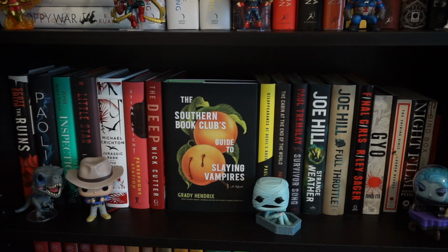We'll get to that shelf in a moment though, but this is just my shelf of horror that isn't, well, I mean, if I own a book, I do really like it, but like my best friend's Exorcism, Plain Bad Heroines, that's on a different shelf with some of my other all-time favorites, but these are all really solid horror books to me. Again, displaying my Southern Book Club's Guide to Slaying Vampires because I think it's an absolutely gorgeous hardback book. This will, I'm gonna guess, become a horror only shelf very, very soon because, again, really only Jurassic